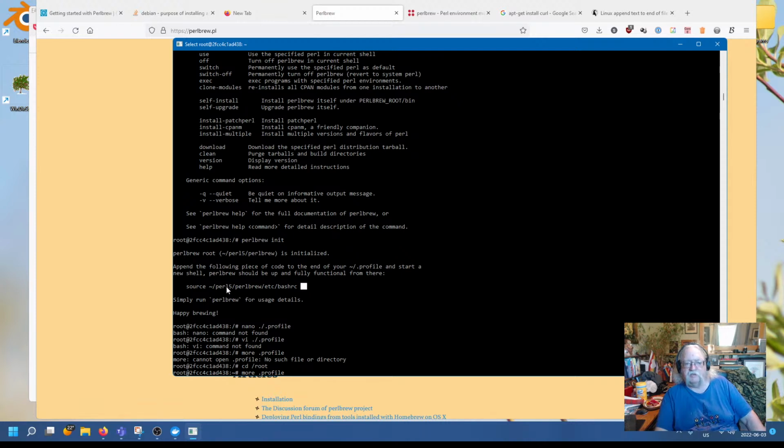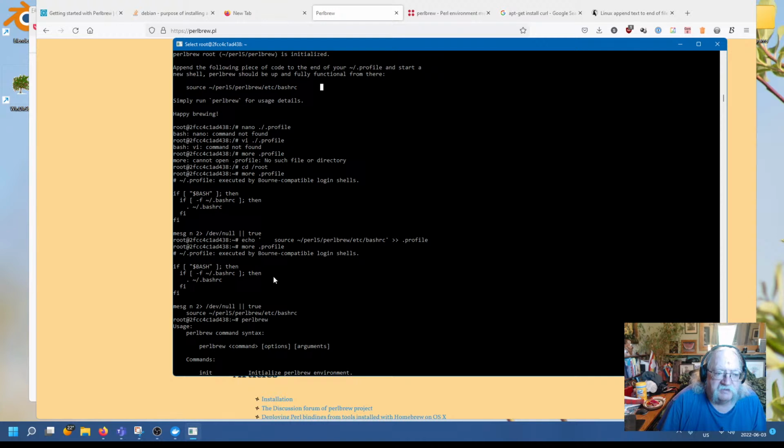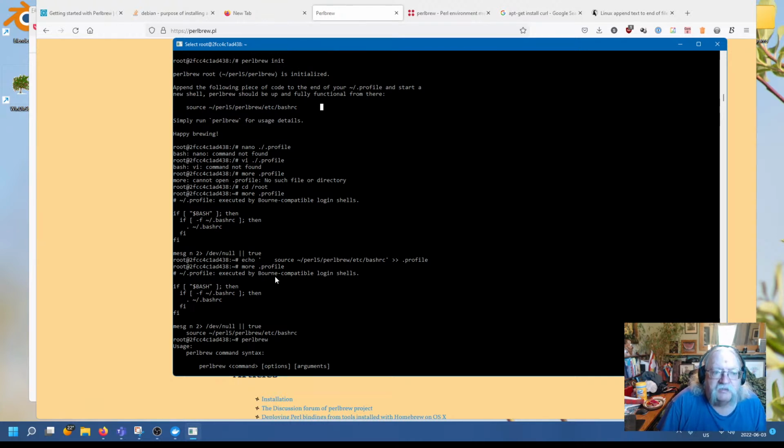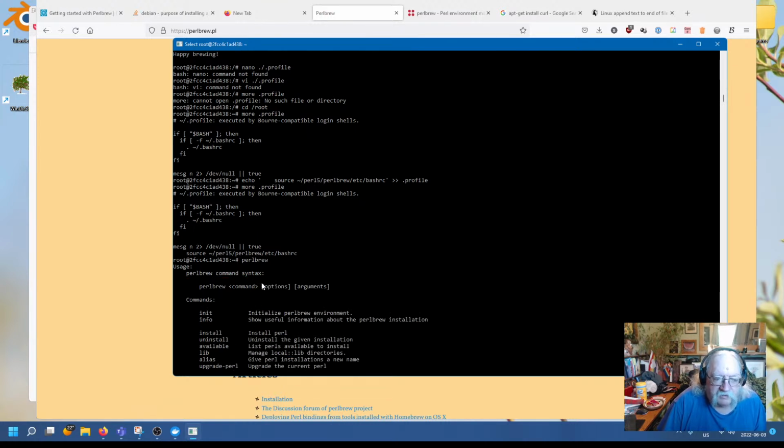And so I did that. And with a nice nifty little command, I had to look up how to do it, but I knew it could be done, which I think is the main thing here, right? And the nice little command was this: echo, and then the source thing, and then the two arrows, which means append, and then this dot profile is the file name. So that put this source command at the bottom,